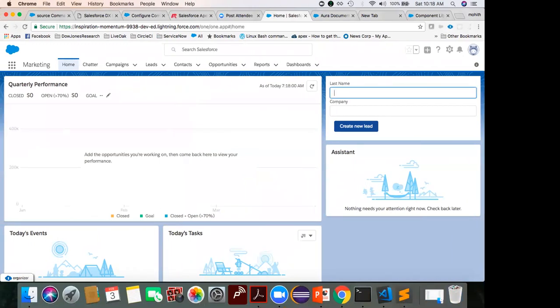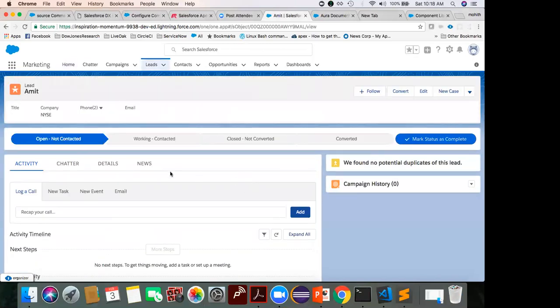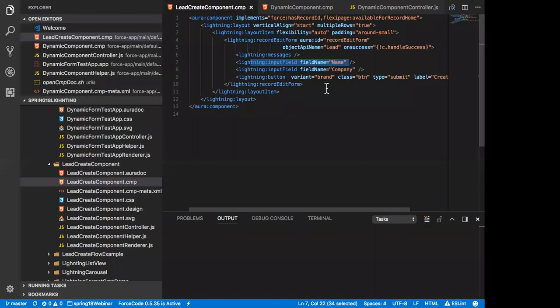Let's say we have a lead called Amit, and his company is, let's say, stock exchange, or let's say NYSE, right? So if I enter this and create a lead, you will see that it created a lead automatically, and it went to the lead. So this is the lead that got created. Now you can really add whatever fields you want here with Lightning Input Field, and once you add it, it becomes really, really easy from that point